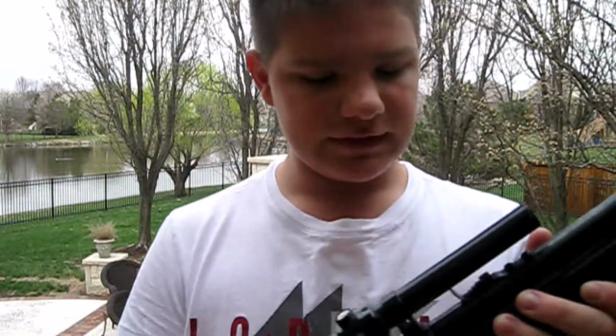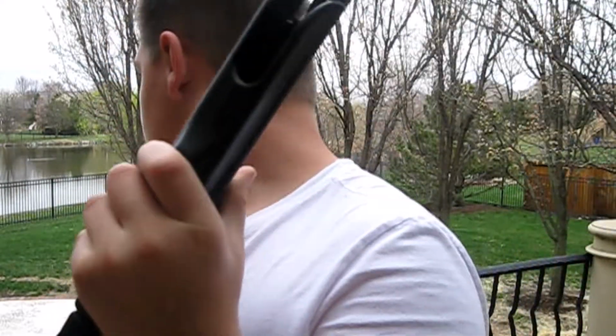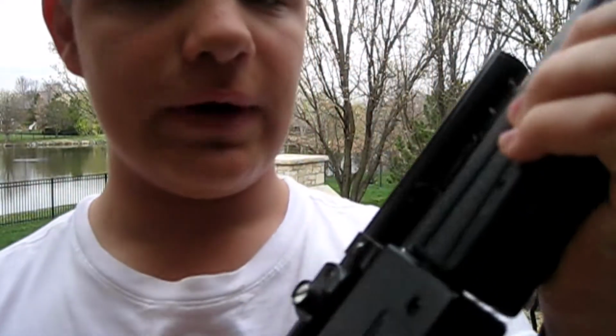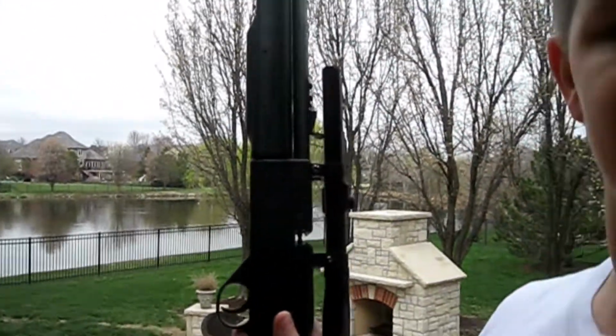So this is just your generic spring-loaded BB gun. It is a Recruit made by Crosman, their model 525. So yeah, let's get into how to shoot an airsoft gun. Not airsoft, why do I keep...